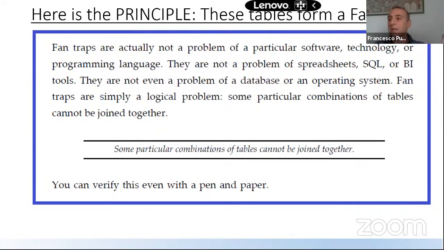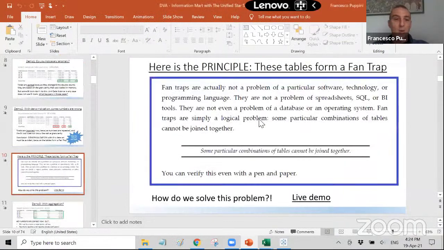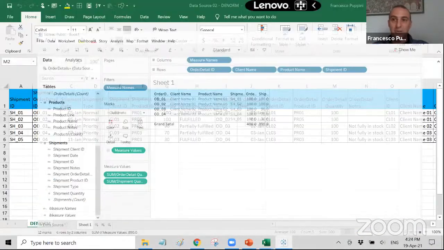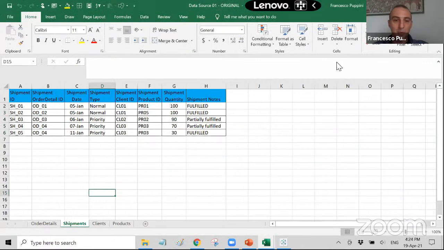And if you take pen and paper, you will see the same. If you try to draw a table where you fit these sales and shipments, you will not really find a way to adjust the numbers, because a table needs to be rectangular. So somehow you need to handle the fact that one table has 4 rows and another table has 5 rows. So what is happening today in the industry? How do we solve this problem?